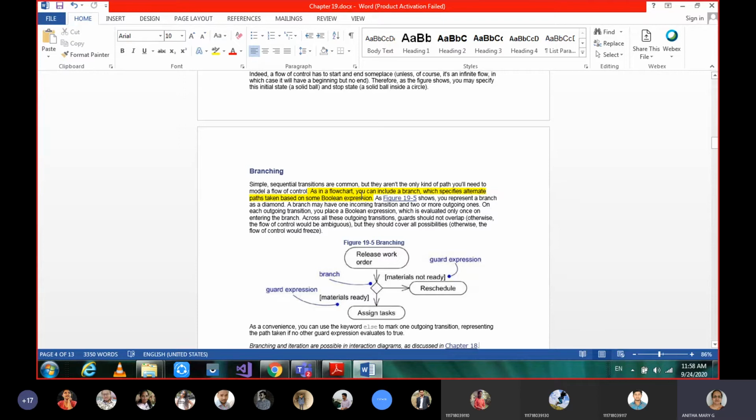As in the flow chart we can include a branch, which specifies alternate paths. If there is only one path, directly we give the transition. If there are alternate paths, more than one path, then we give the decision box. That is what we call branching.